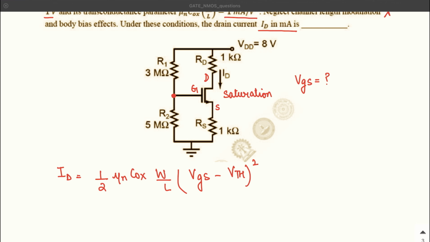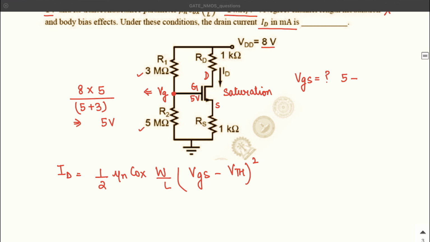Now the gate terminal is at the voltage at this particular point. To find the voltage at this point, you can apply the simple potential divider rule, because we are given VDD is 8 and these two resistances, 3 mega ohms and 5 mega ohms. If I apply the potential divider rule, I get VG is 8 into 5 mega ohms divided by 5 plus 3 mega ohms. So this becomes 5 volt. We come to know that this point is at 5 volt. Hence, VGS is 5 minus